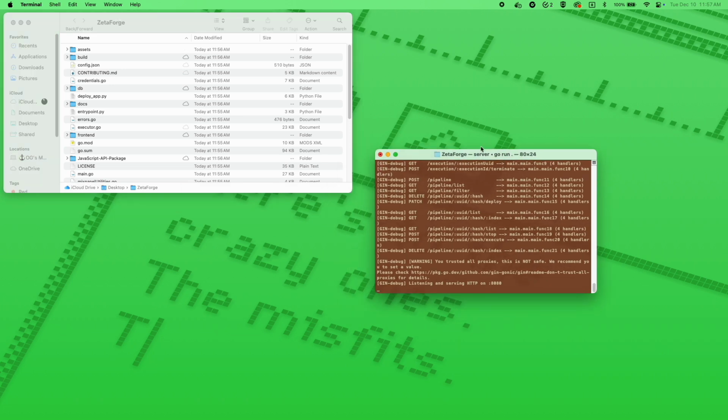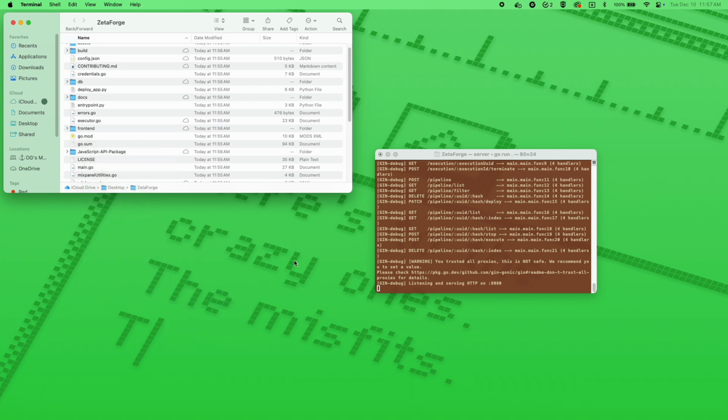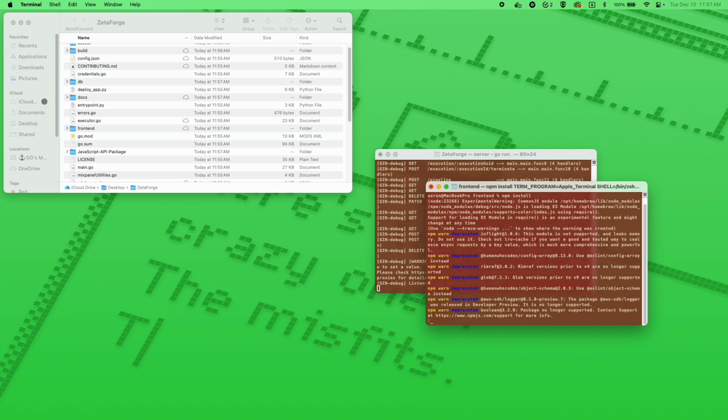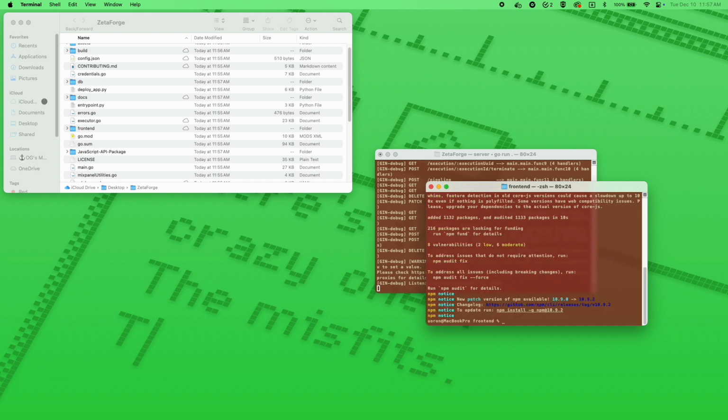So we're gonna have the ZetaForge directory open up in our system, and we are just going to go ahead and open a terminal in the front end. So we're gonna open a new terminal at the front end, and the next thing we need to do is install all the front end dependencies. And to do that, all we have to do is type npm install. So the installation process has begun. Perfect. And after that is done, all we have to do is npm run dev, so we can access our